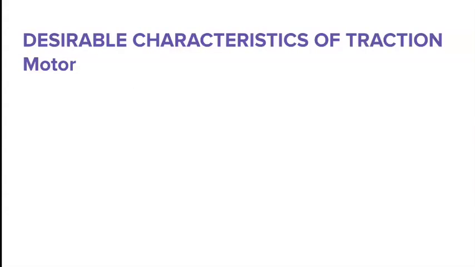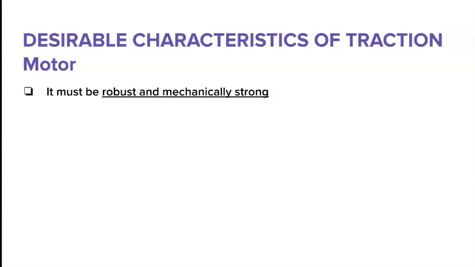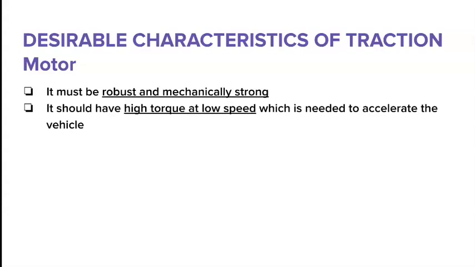So first, we are supposed to know what are the desirable characteristics of traction motor. We will go through all the characteristics one by one. Now the first characteristic is it must be robust and mechanically strong. We all know electric traction motors are subjected to severe vibrations as well as severe weather and environment conditions also. Hence, they should be very robust and mechanically strong enough to withstand such conditions. Further, they should be provided with mechanical protection so as to prevent ingress of dirt, water, mud, etc. in them. Next point is it should have high starting torque.